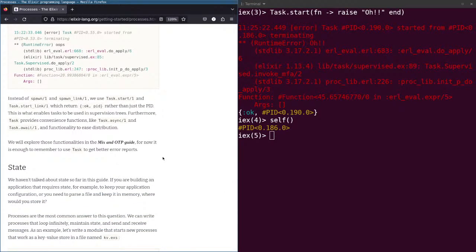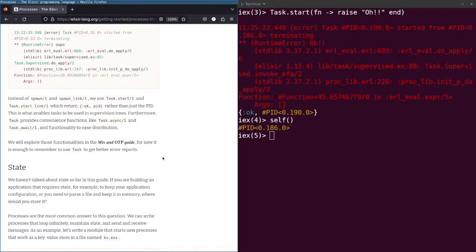Instead of spawn and spawn_link, we are using Task.start and Task.start_link, which return {:ok, pid} rather than just the PID. This is what enables tasks to be used in supervision trees.